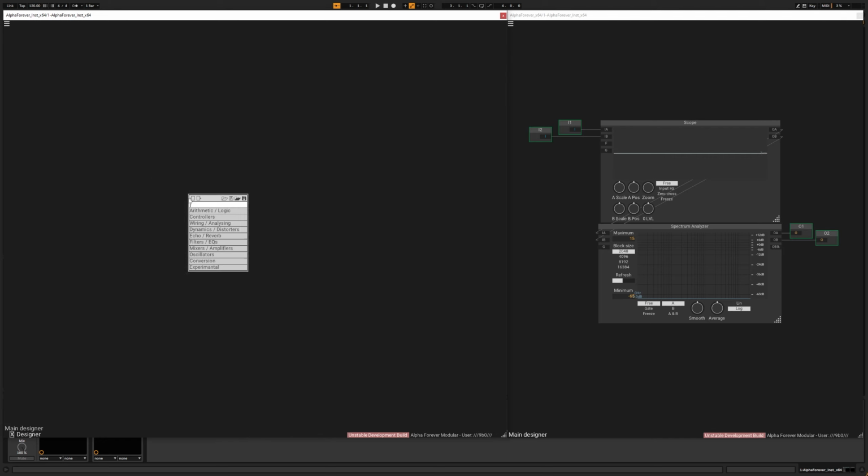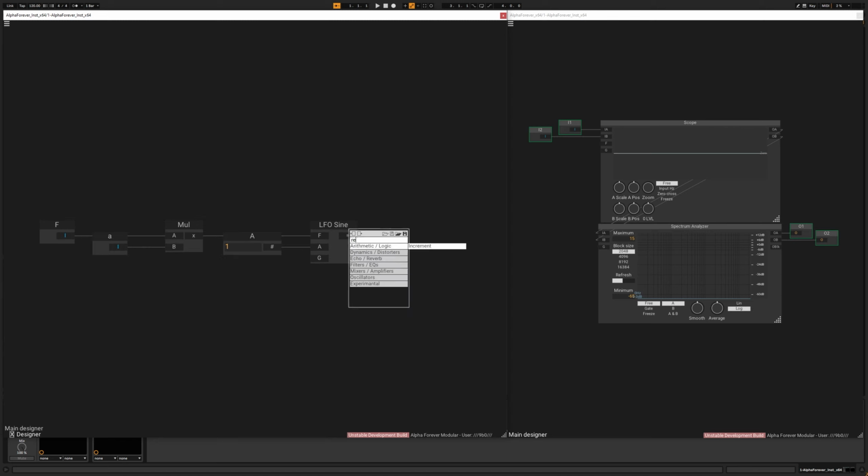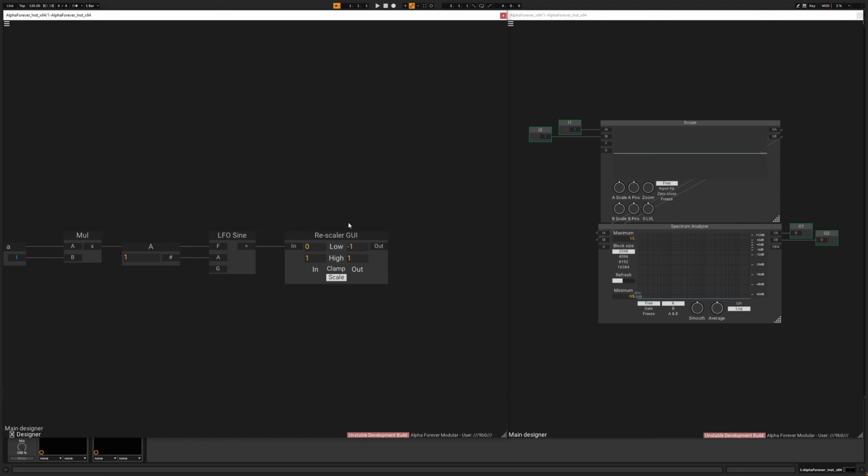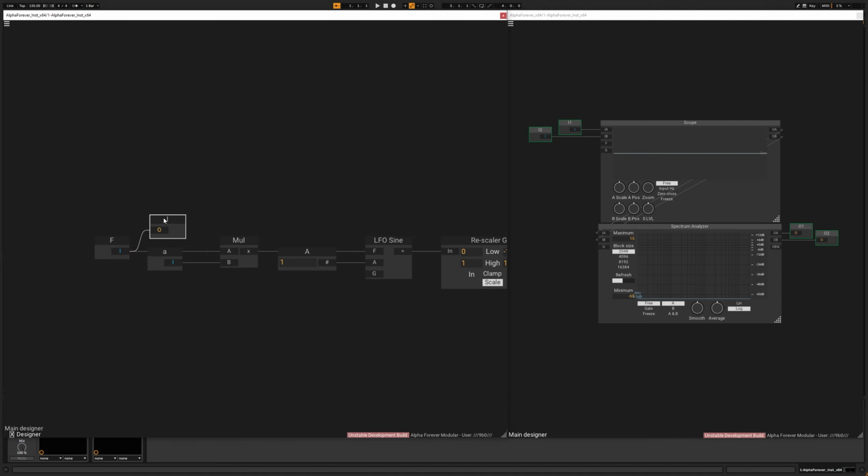Create an adder designer, create a LFO sine here, set the amplitude to 1, create an input on frequency, and create a multiplier in between the frequency and the frequency input, and create a parameter here, let's call it small a, create a rescaler, set the load to -1, this way we convert the LFO to an audio oscillator, and create the output, and also